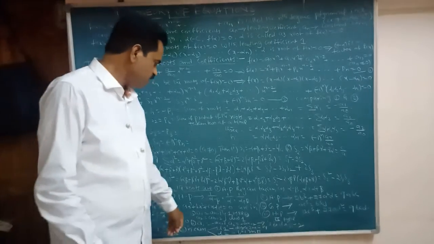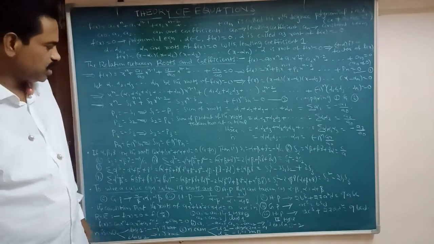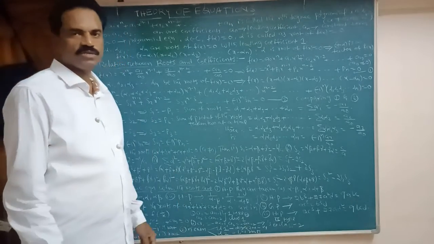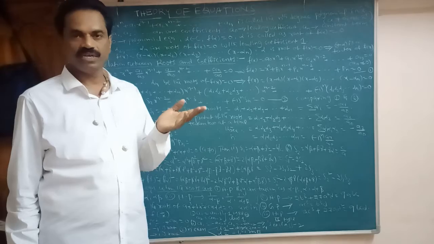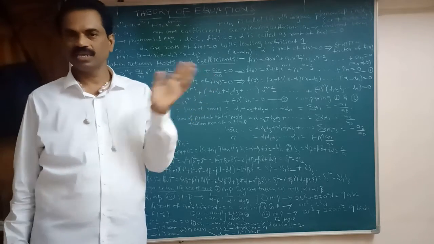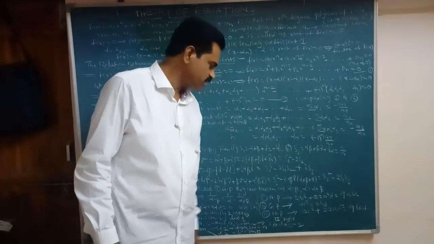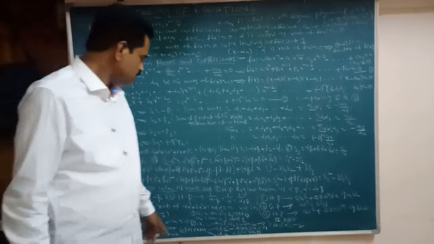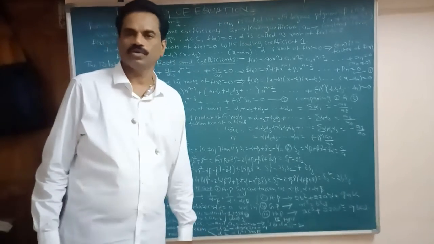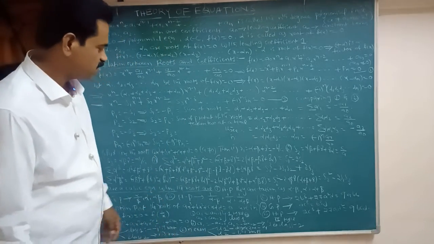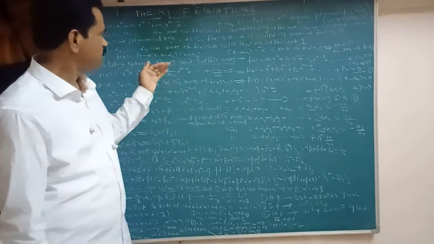Suppose n is even in class 1 and class 2. Then the degree is 2m, so we divide that equation by x power m. Suppose the degree is 4, that is 2 into 2, so we divide the equation by x square. If the degree is 6, that is 2 into 3, we divide by x cube. Suppose n is even and class 2, then what are the roots? 1 and minus 1 are the roots. Okay? Next, multiple roots are there. Next we will discuss the problems here.